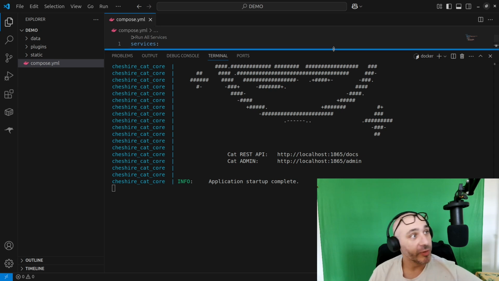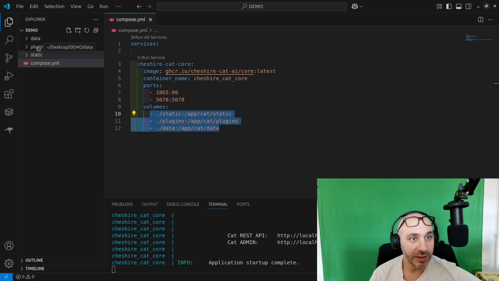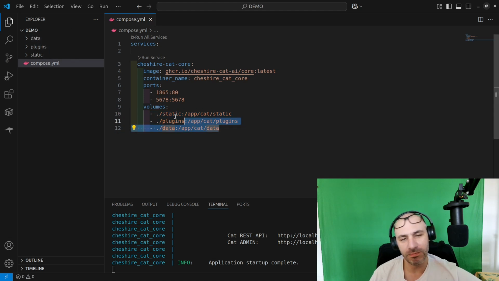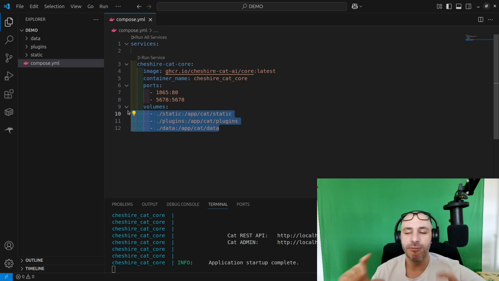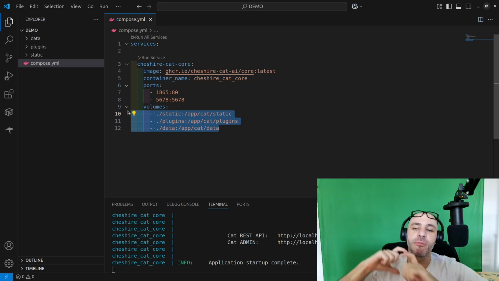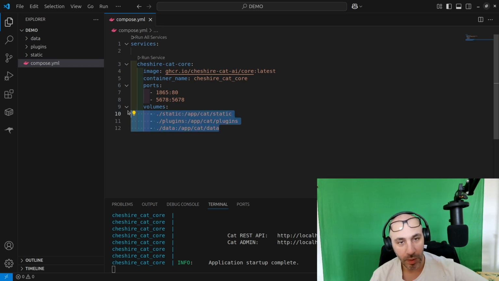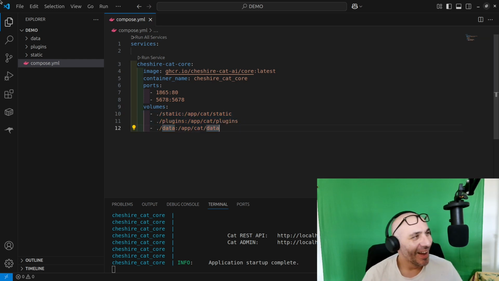This is an open source framework, of course, Python based. So now we know the cat is on, and it just created automatically the 3 volumes we declared here. You see? We declared here the volumes. And 3 folders are automatically created. A volume is just a folder inside the virtual machine of the cat that is mapped to a folder in your system. It's really easy.